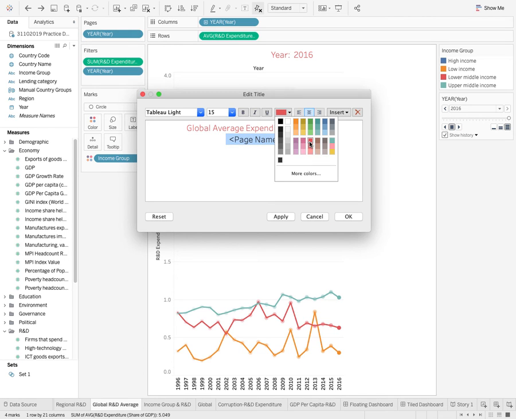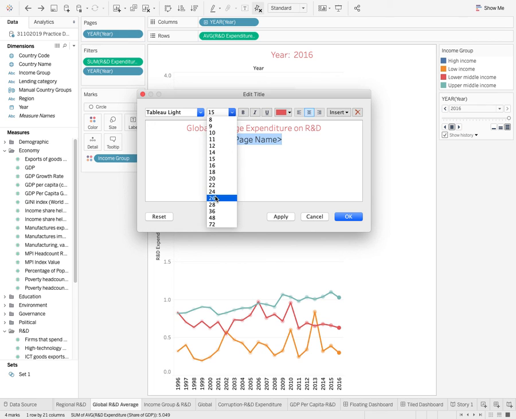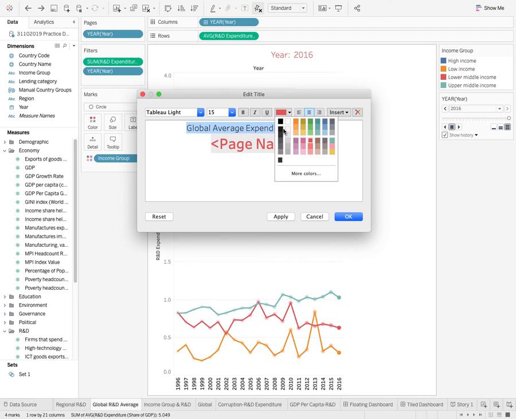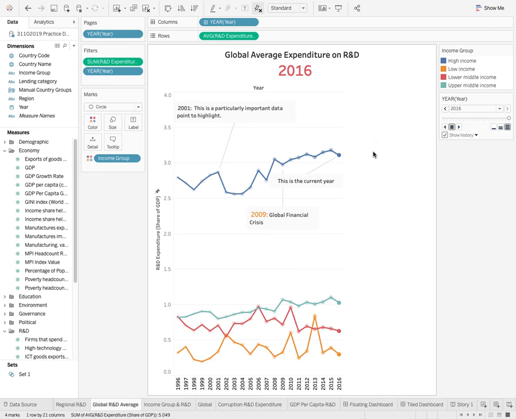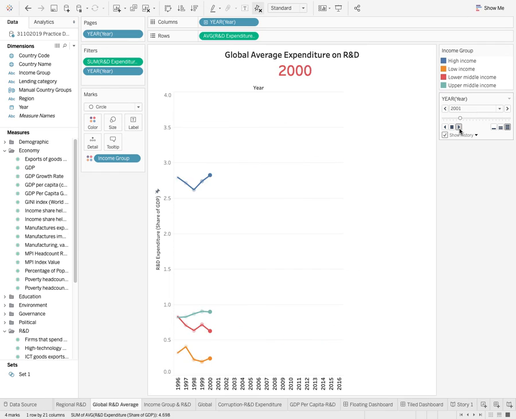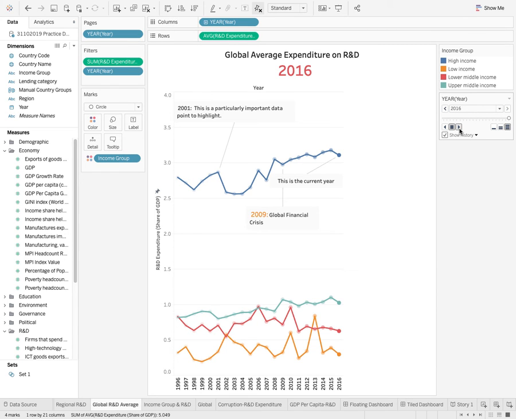So you want this to be this color, and you want it to be even bigger and bold. Maybe you just don't want this to be in the same color. You want it to be maybe black color, and then maybe you also want it to be bold. So this way, what you can do is then your chart has the title as well, and it's moving year